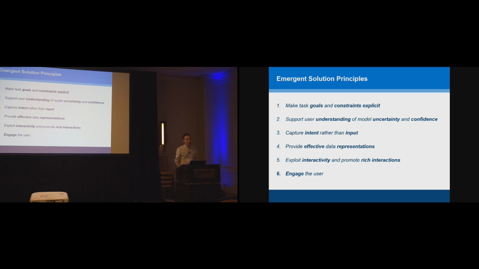4, provide effective data representations. So to improve the process, help users get a quick overview of what currently is happening, both at the sample and model level. 5, exploit interactivity and promote rich interactions. So try and maximally get as much information from users as possible, give them as much power as possible. And 6, make the task as engaging as possible so that they're motivated to push the quality of the model